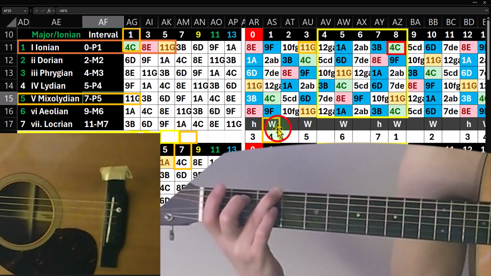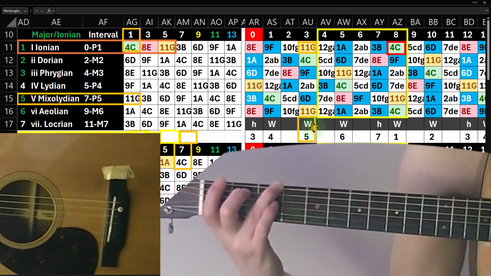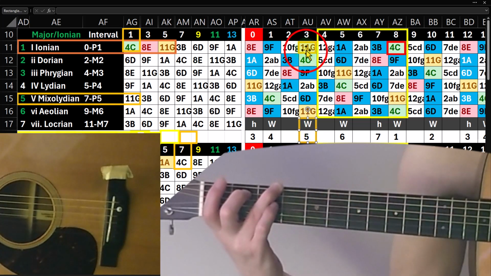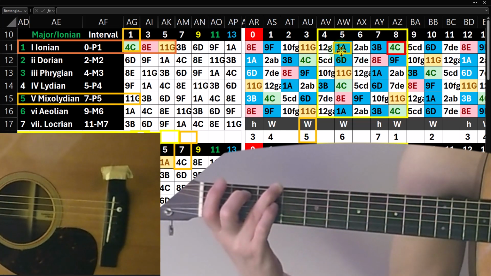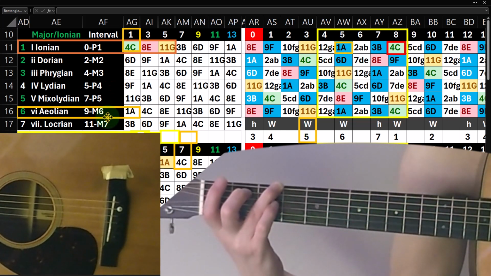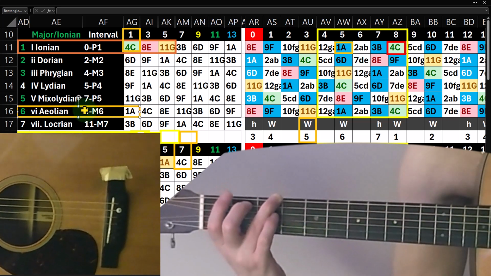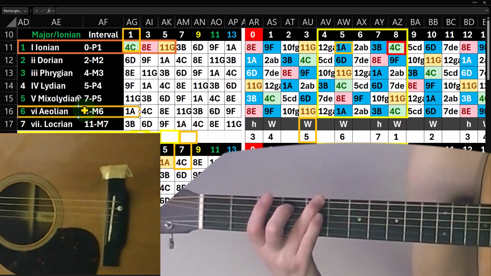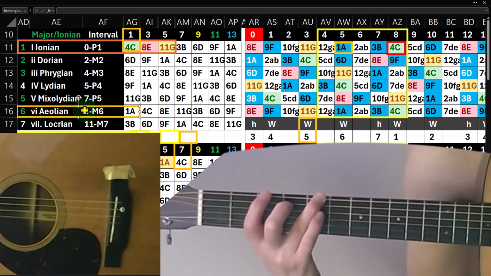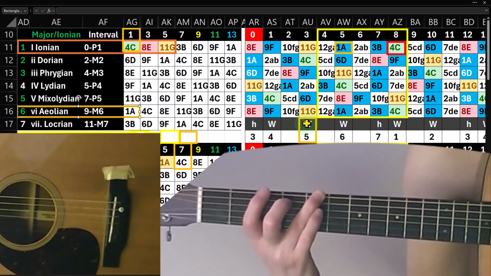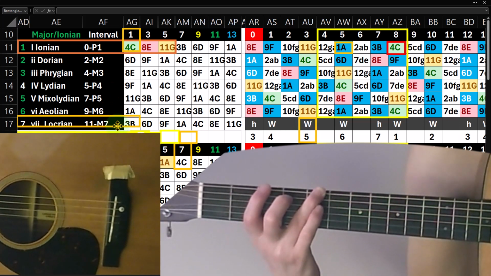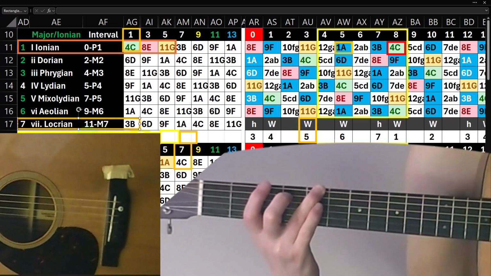And then if I go from the 5th to the 6th. So we're going to go from the 5th to the 6th. It's going to bring me up to the A. 5th to the 6th is going to go from here to here. So that's going to be a whole step. 5th to the 6th, if I measure it in terms of intervals, it would be a